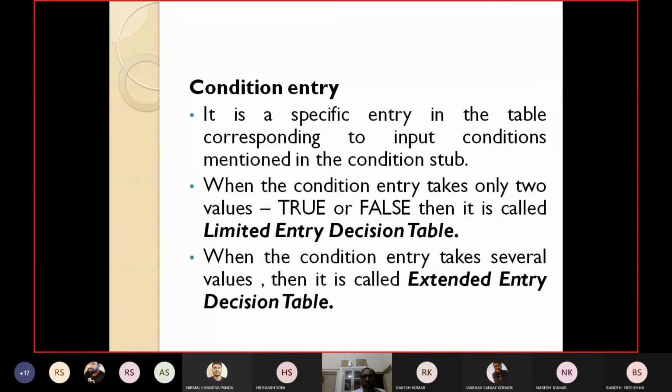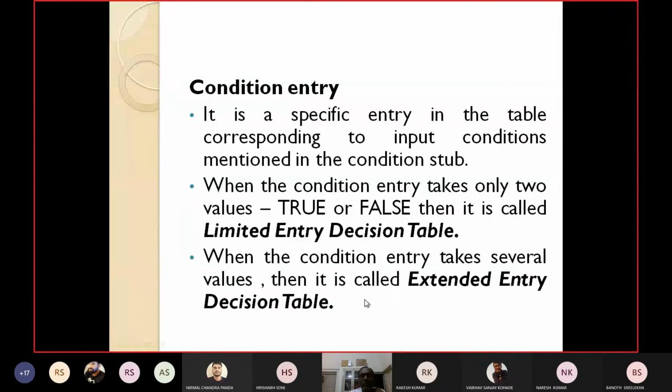But when the condition takes several values, then it is called an extended entry decision table. So you can represent either true or false, or 1 or 0. But if the condition entry takes several values, 0, 1, 2, 3, 4 like that, then we call it an extended entry decision table.